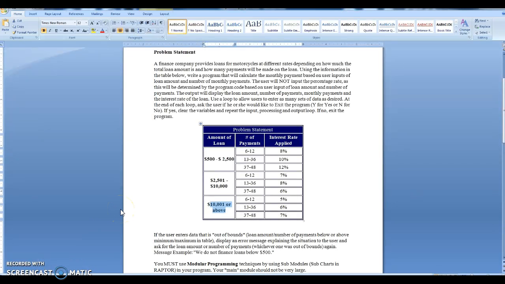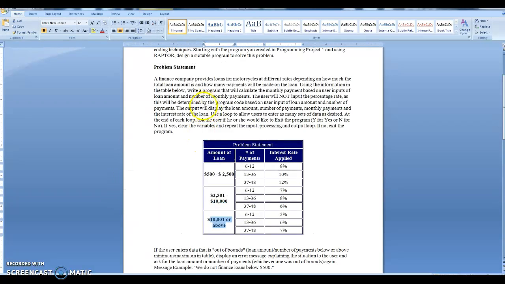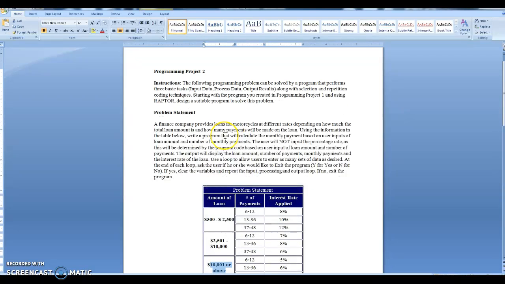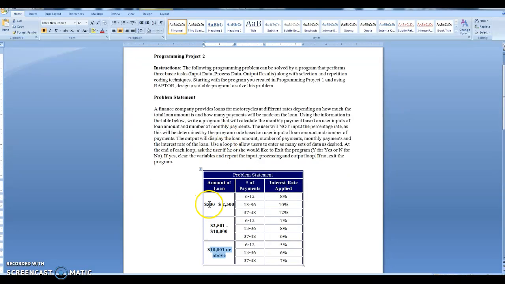Hello, it's Professor Welch. Let's progress now to the development of our flowchart, or let's use Raptor to execute our logic. So the situation that we have here is we want to read the problem statement very closely, as we said before. We want to revisit the logic here, and the logic allows us to enter the loan amount and